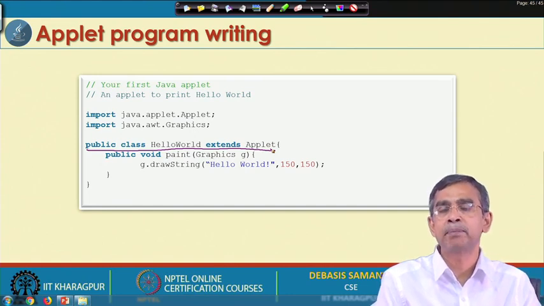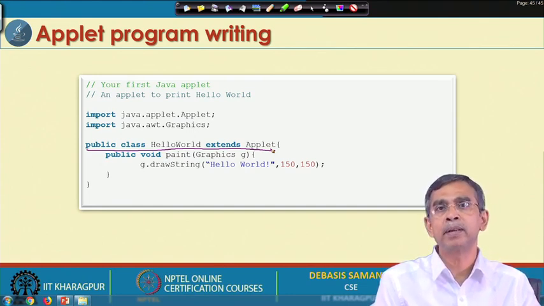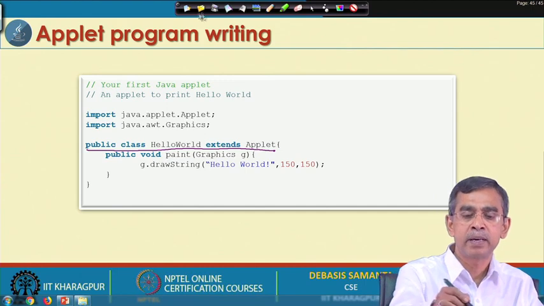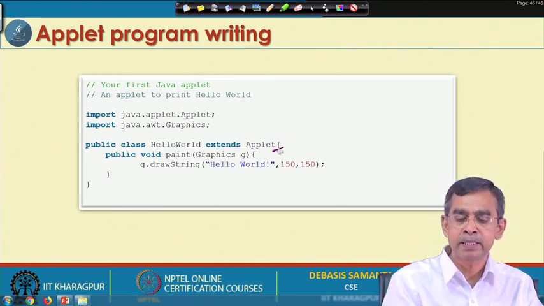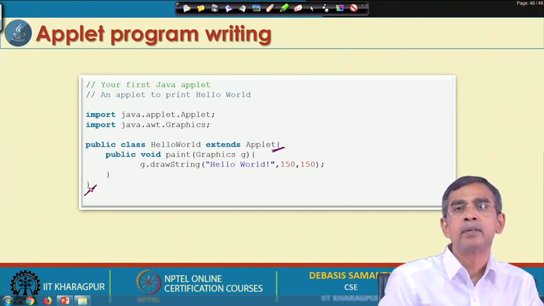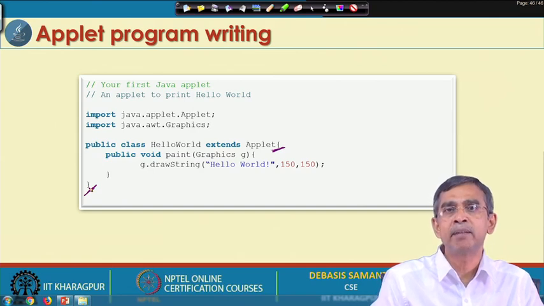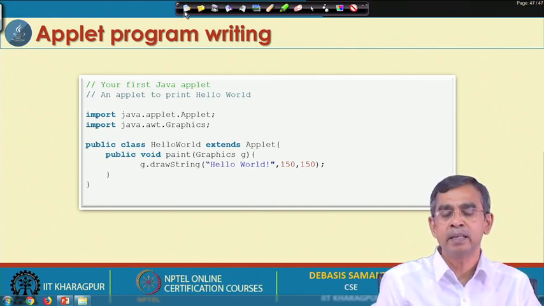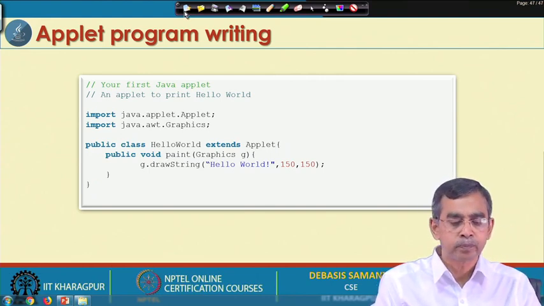Now, you can find the difference: in case of a simple application we use a simple class, HelloWorldApp, and then within this, but here we have to do it differently. And then these are the opening and matching closing braces, indicating that whatever code you want to include, the code that indicates the data and the methods, should be enclosed within the beginning and closing brackets.